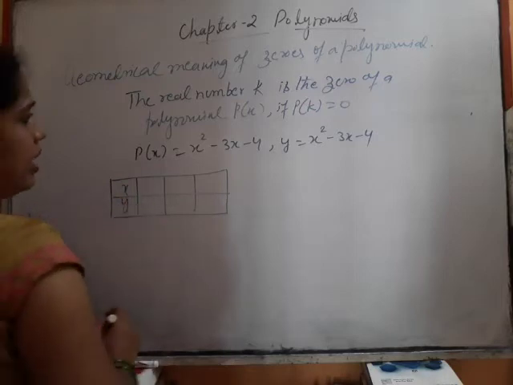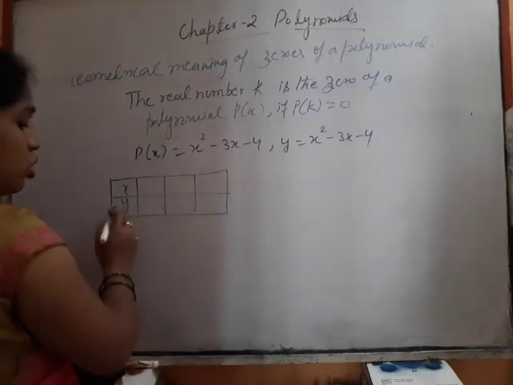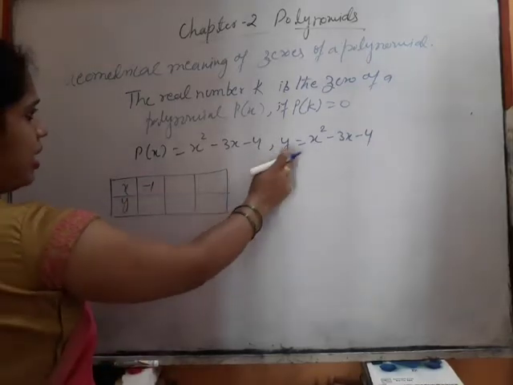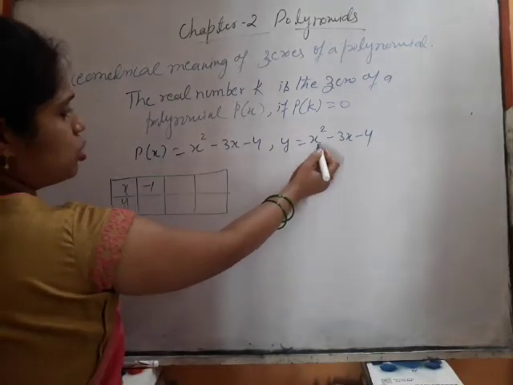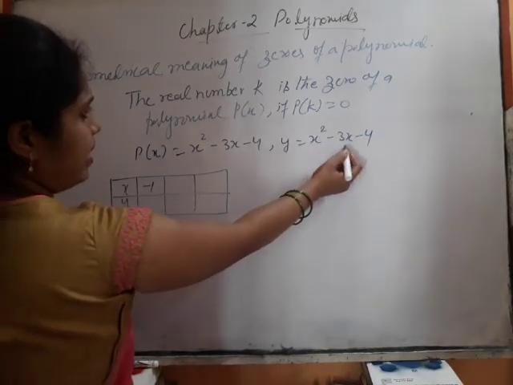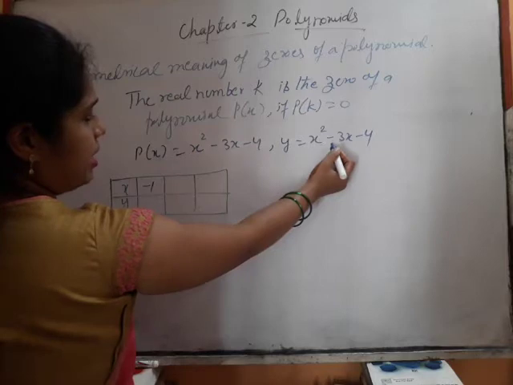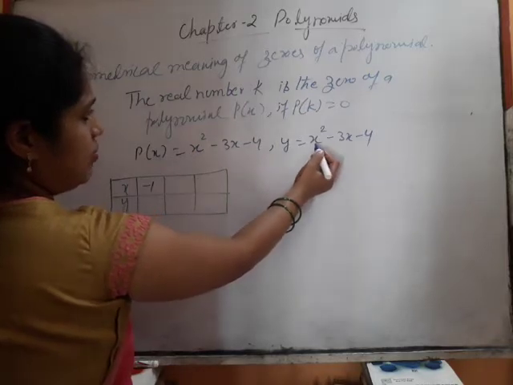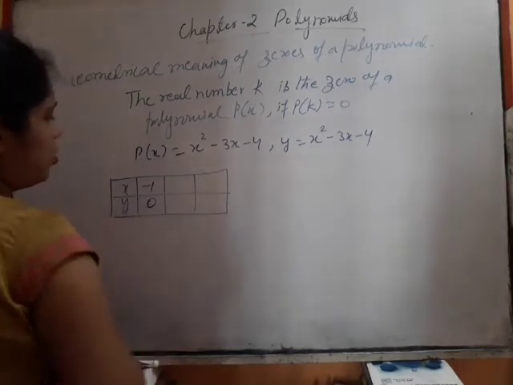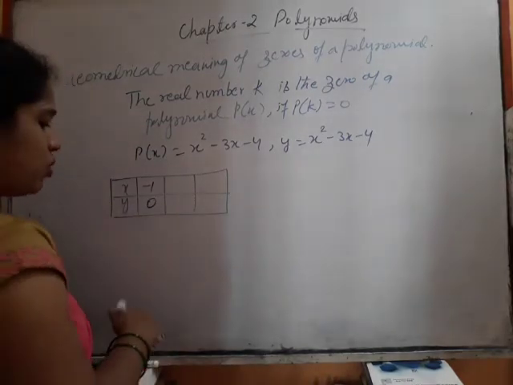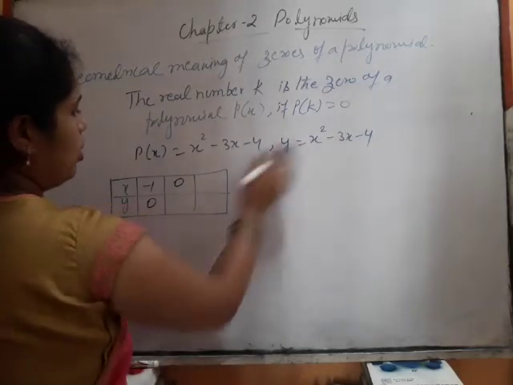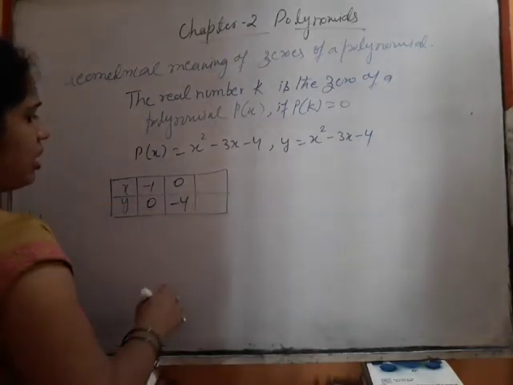x, y. So the different values of x: if I write x equals minus 1, what will y be? Minus 1 squared is 1, then minus 1 plus 3 plus 3 plus 1 is 4, then plus 4 minus 4 is 0. Any other value: x equals 0, if I take 0, then minus 4 we are left with.